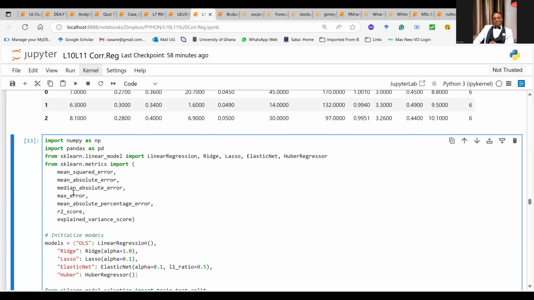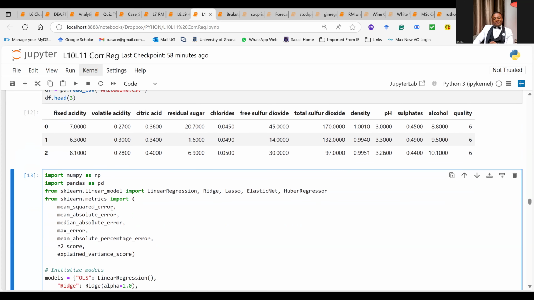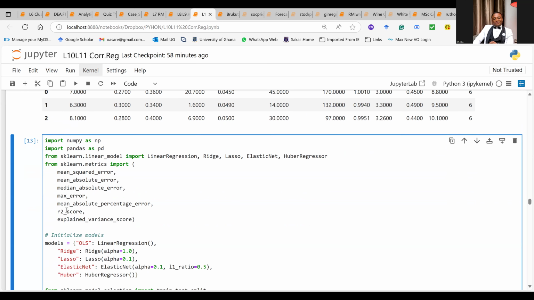You forget. But when you're looking at continuous variables like we are doing here, then these performance metrics, these performance indices, these evaluation metrics, include things like the mean squared error, MSE, MAE, root MSE. You have the median absolute error, MedAE.